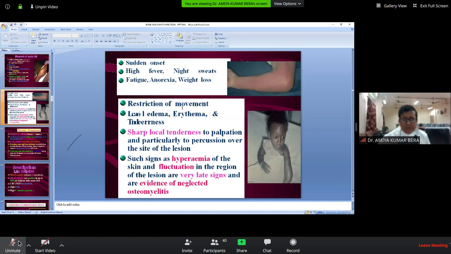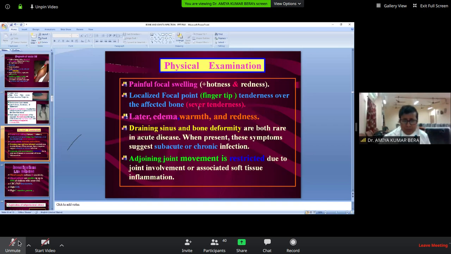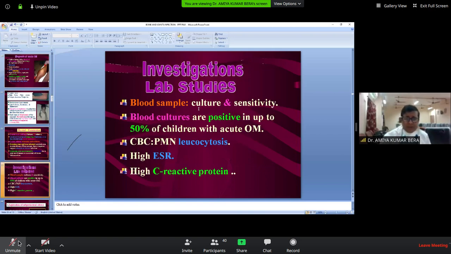Now, investigation. Blood samples. Whenever a child presents with a history of fever and the upper or lower limb is not mobile, they try to safeguard it. If the child does not move his hands or feet, then you think that it is painful. So it may be traumatic, it may be infective. The history will tell whether it's infective or not.